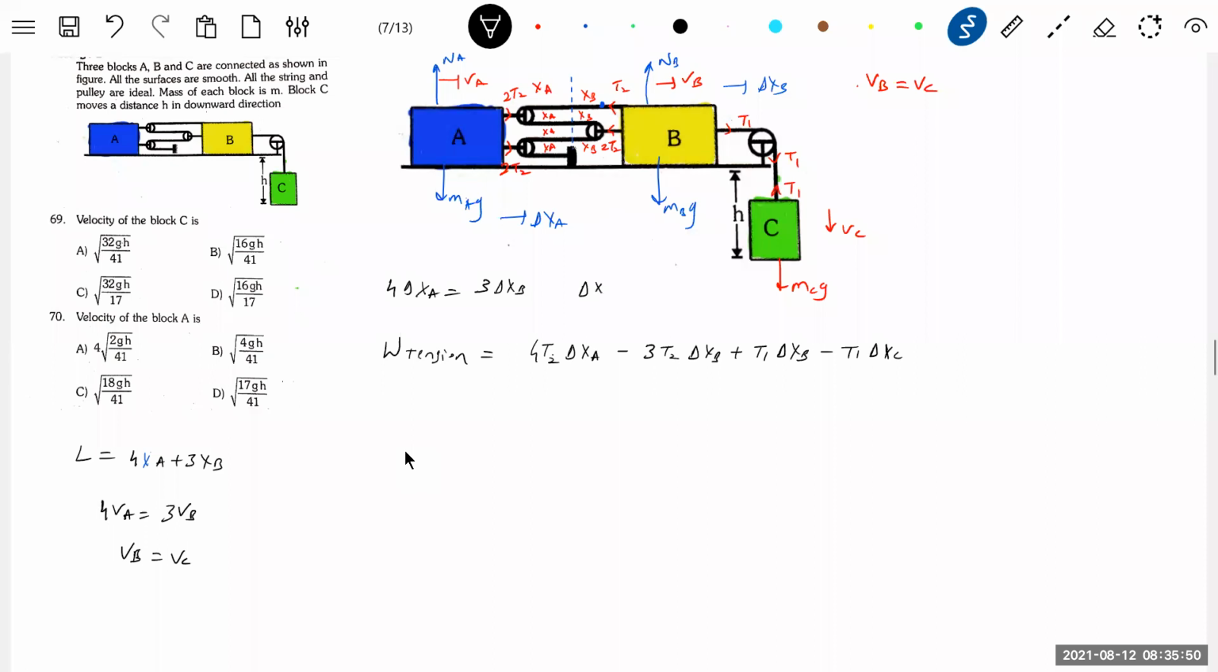And what is another equation? Delta xb equal to delta xa. They are connected by a common string. Then delta xa